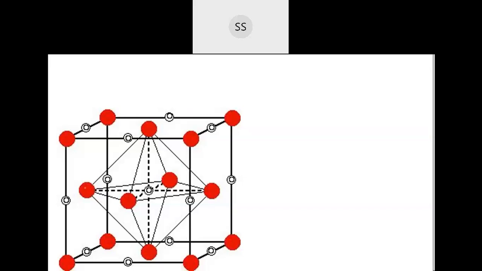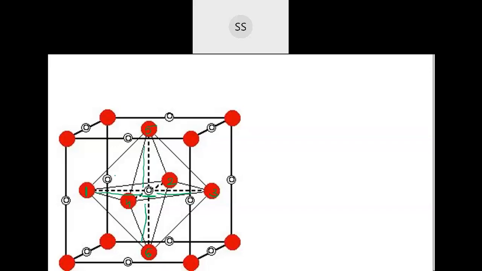Now I will take another color. See here. If I take these face atoms, you can see these are the atoms which are on the face. 1, 2, 3. Then I have the 4th one here. Then the 5th one above. And the 6th one is below. So you know that if 6 atoms join together, the void which is created is called an octahedral void, correct? So that space is created. They have joined by the lines, you can see properly here. And then that space which is formed over here, that's the octahedral void.